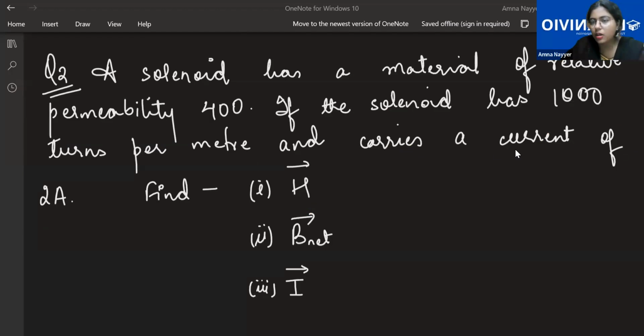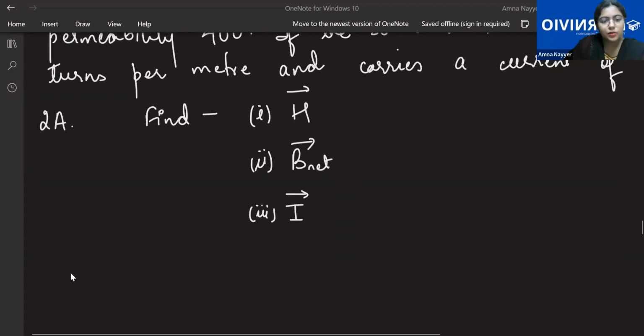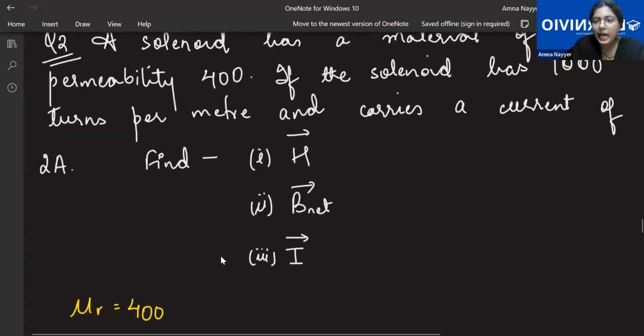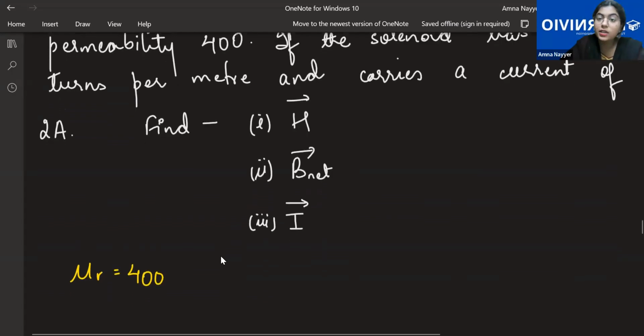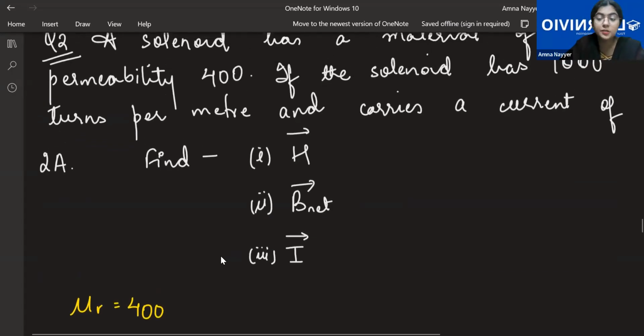So the question says a solenoid has a material of relative permeability as 400. So mu R is given as 400. And if the solenoid has 1000 turns per meter, 1000 turns per meter means,